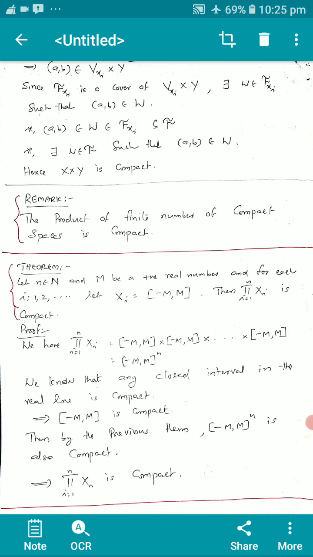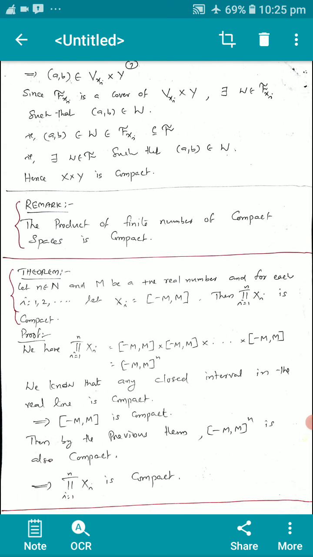We can generalize the result. This is the remark given: the product of a finite number of compact spaces is again compact. And the result can be extended. Next theorem,